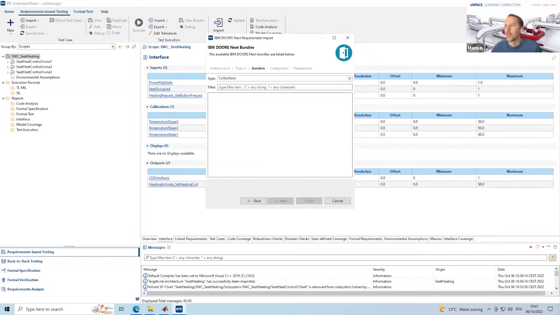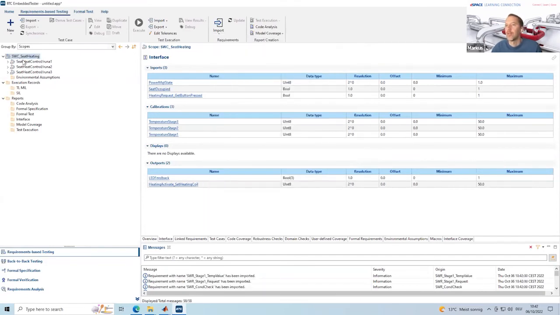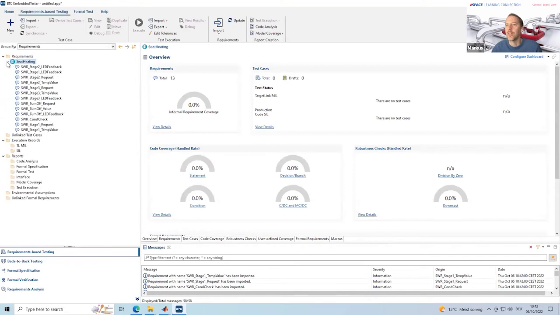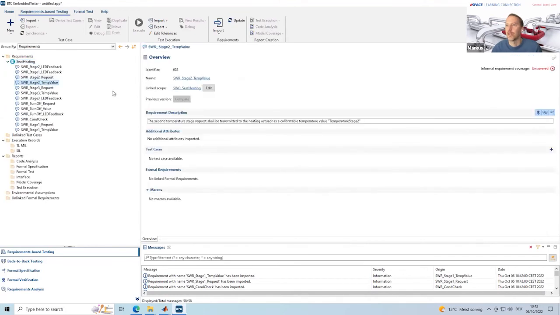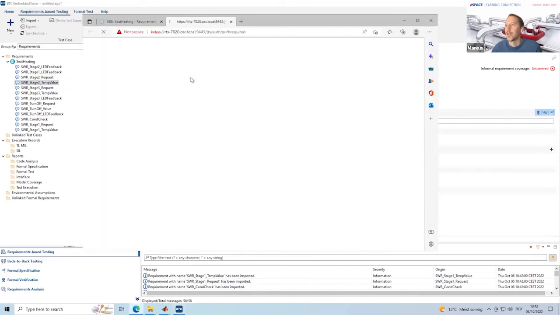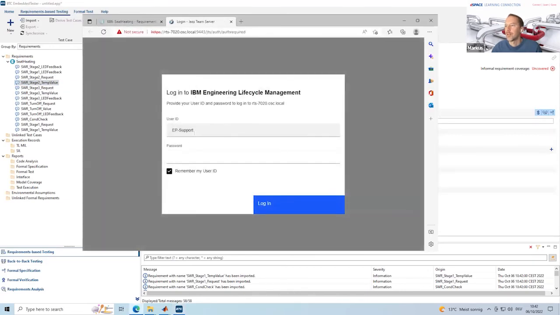For the more technical interested viewers, it's using this OSLC standard for client-server-based communication between DOS and clients. And here I have one module which is called seat heating. So these are my requirements for the seat heating. And now if I import them, I have a list of requirements, and for each requirement, I have my requirement description. I have a link where I can jump